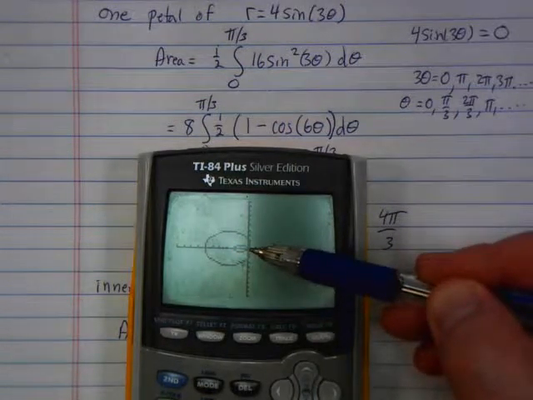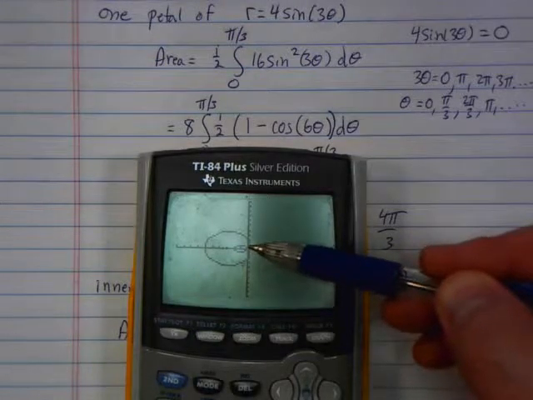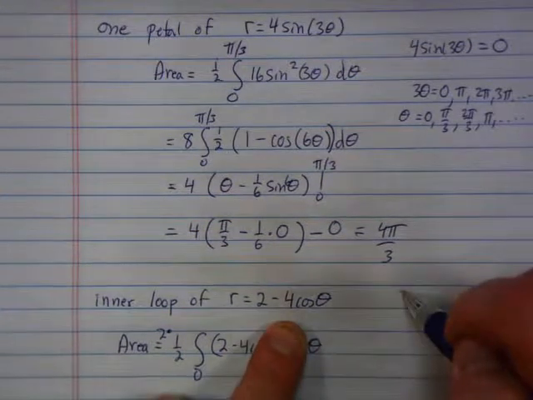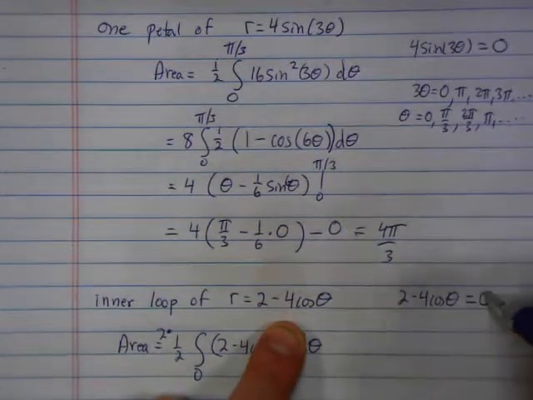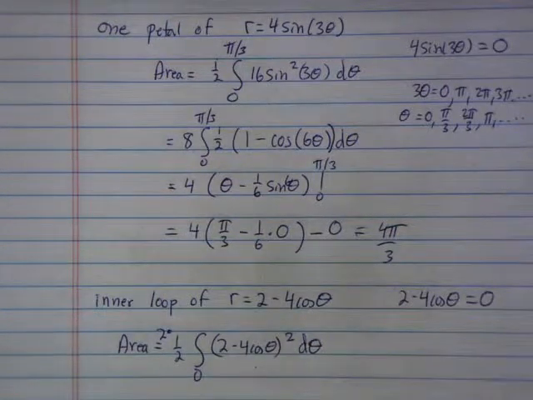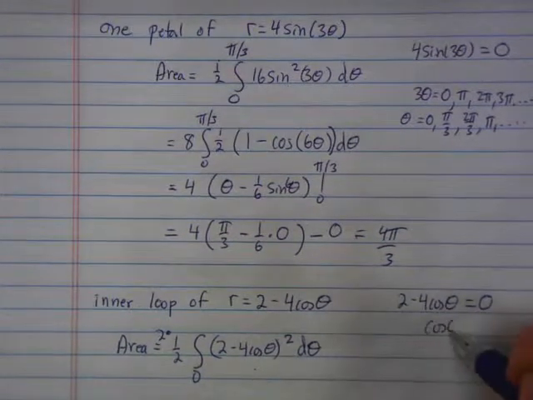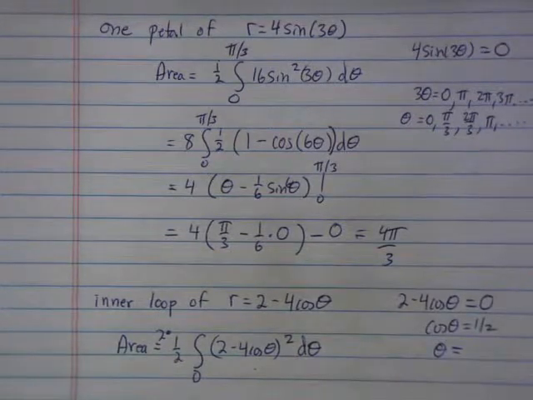The lower half of that inner loop stopped right at the origin, which means I need this equation, 2 minus 4 cosine theta, to be 0. That's when it hits the origin, when the radius is 0. That's the same as saying cosine theta is a half. So theta is